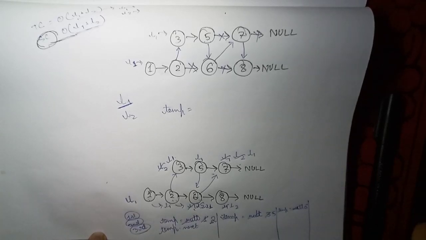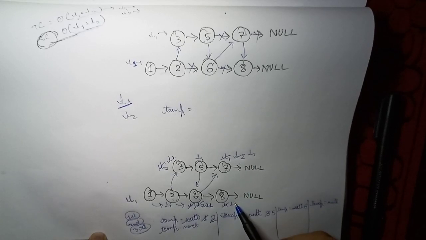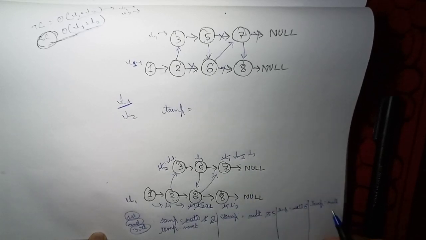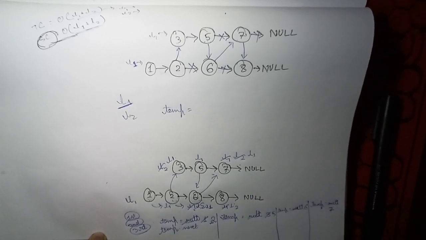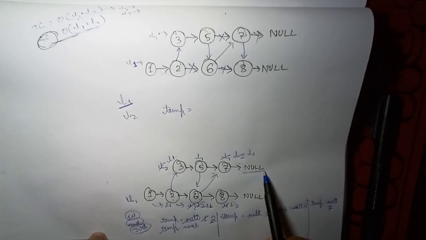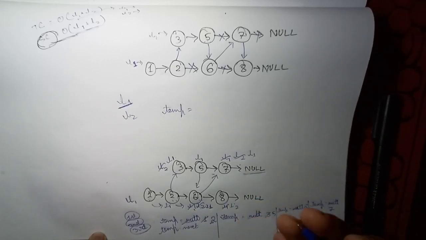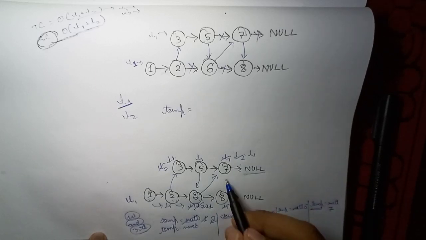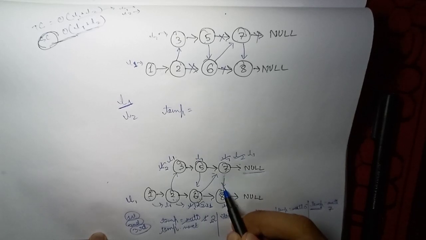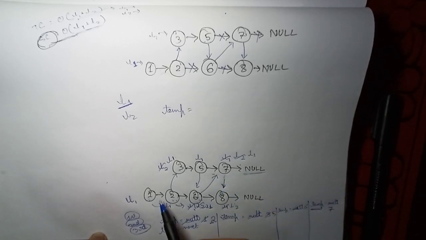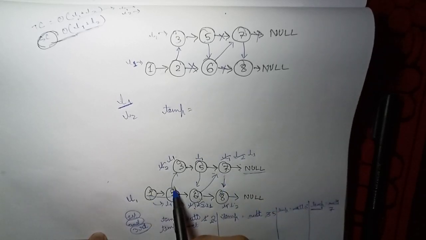So when the fourth iteration starts, we have the temp as null, and we compare L1 and L2. L1 is smaller, 7, so we update it. Now the value is 7. Now what we do is move the L1. The moment L1 reaches null value, we point the temp.next towards the last remaining node, that is 8, and hence we get this path